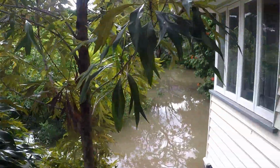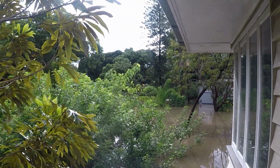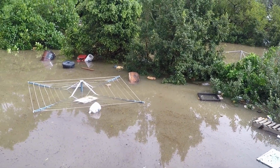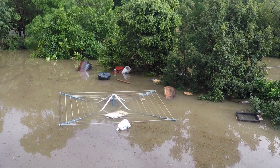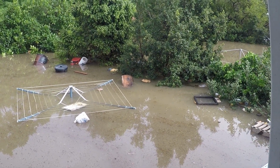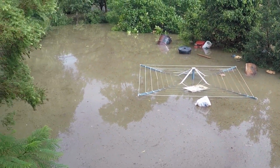The park has seen a little bit of damage. So one of the big trees has fallen, which is a little bit sad. The backyard is a load of flotsam and jetsam. Most of the stuff is from my workshop. A fire extinguisher, numerous jerry cans, empty coal bin. That is actually a stake anvil, which is why it's floating more or less upside down. But yeah,